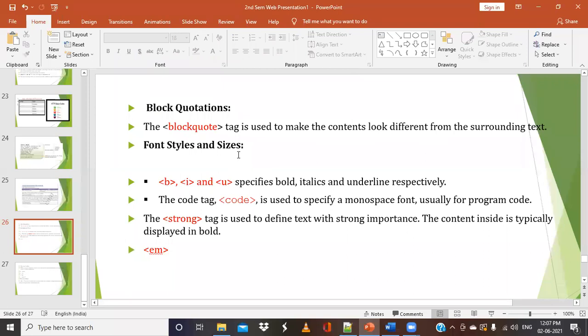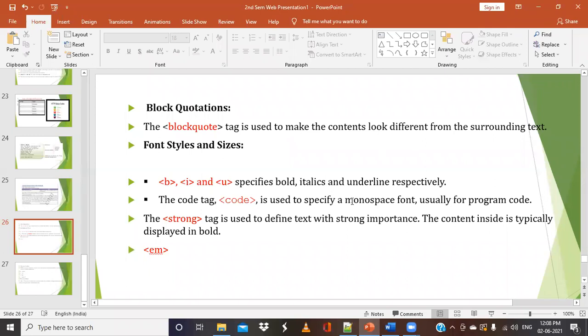But we want to display it in such a way that it leaves some margin space towards the left or towards the right. To do this on the web page, we can use the tag called block quotation. This tag is used to make the contents look different from the surrounding text. To differentiate this text from other text, we use this block quotation.